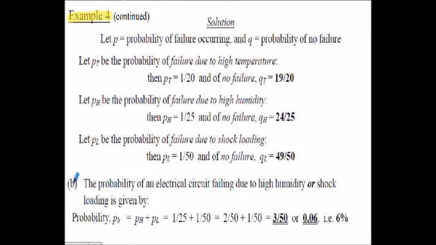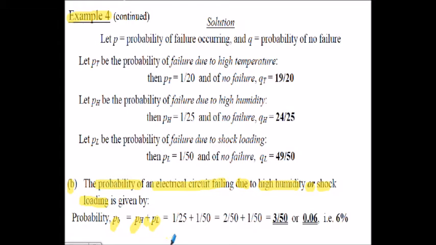Example 4 continued. This is part B now. We've got to find the probability of an electrical circuit failing due to high humidity or shock loading. This is the addition law problem in probability. So PB in this case is pH plus PL. In other words, the probability due to failure of high humidity added to the probability of failure due to shock